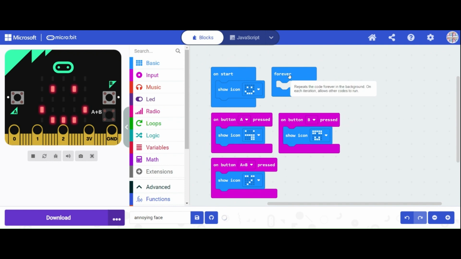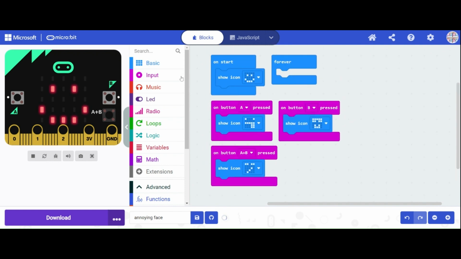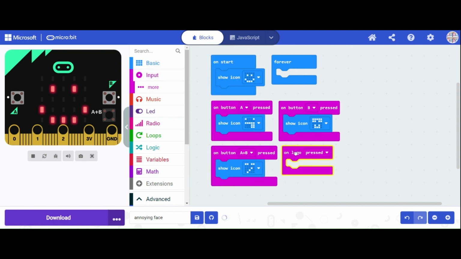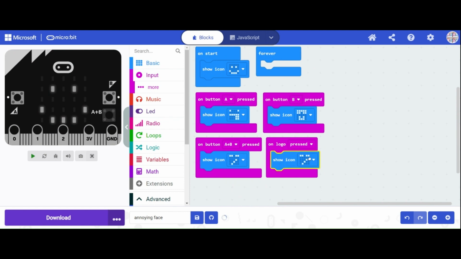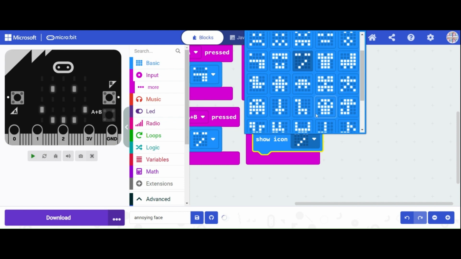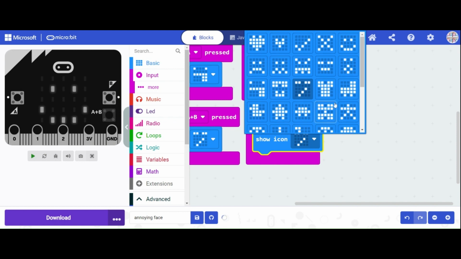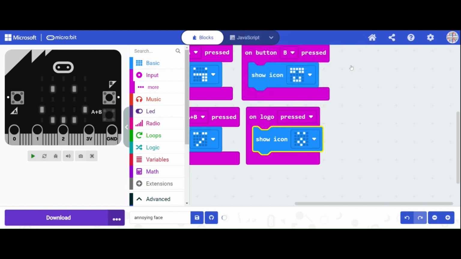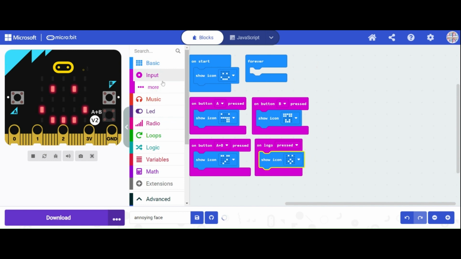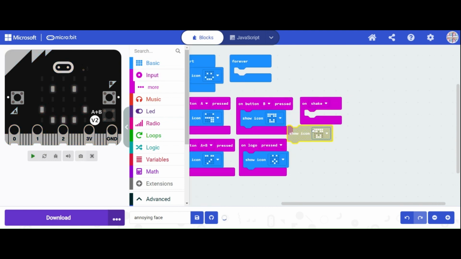Okay. And after that, in input again, on logo press, I will show icon surprise, and on shake, I will show icon like this. Okay,